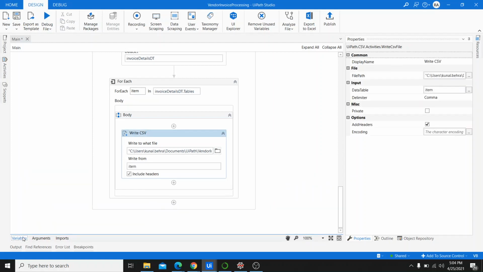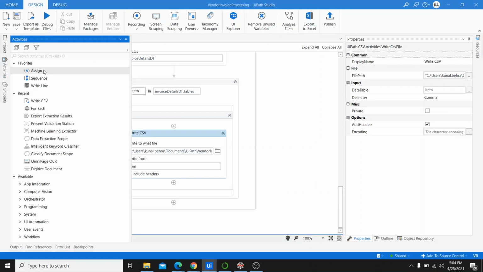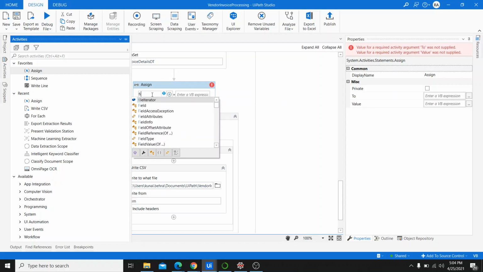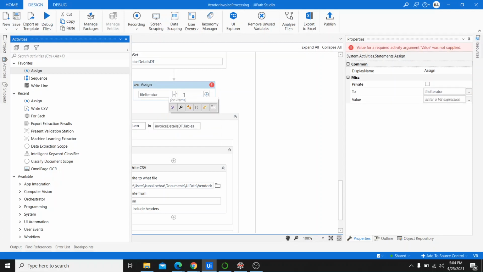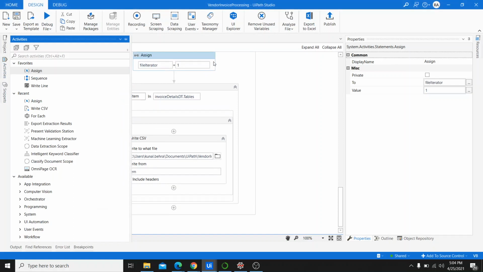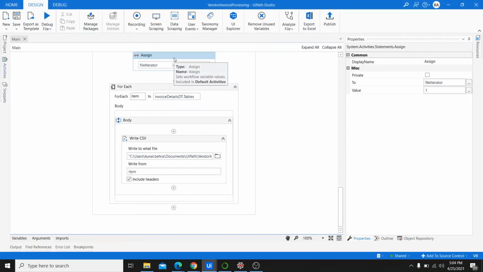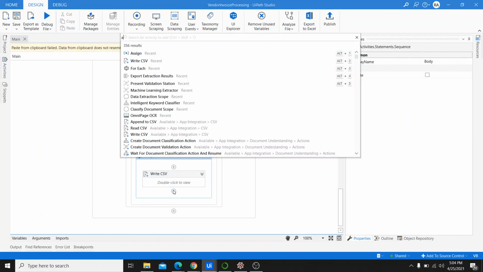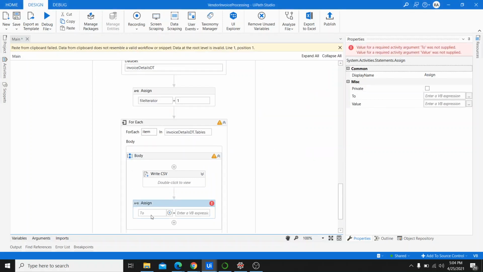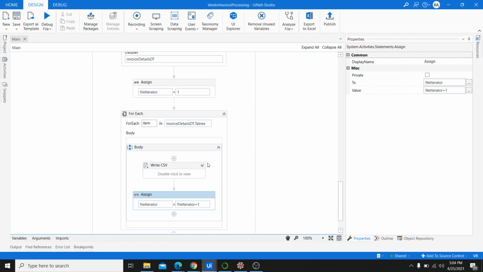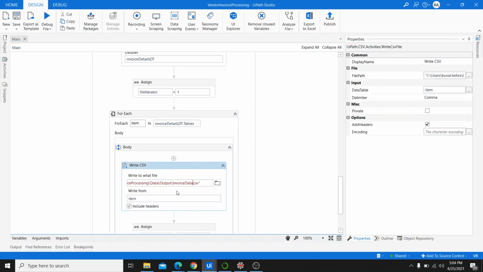So now we need to assign it to 1, file iterator 1, and every time we need to assign file iterator equal to file iterator plus 1,